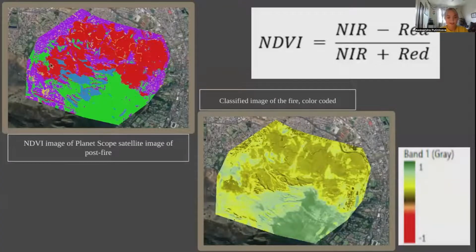The first one, the one on top, is the PlanetScope satellite image. That's pre-NDVI, so it's actually a classified image of the fire. I messed up the labels. It's color coded, but as you can see, it's a little confusing, even though it has specific colors for each type of surface. Why is it red? Why is the vegetation red? There are so many colors, and it's not as accurate. For example, the blue is supposed to be water, and that's not water.